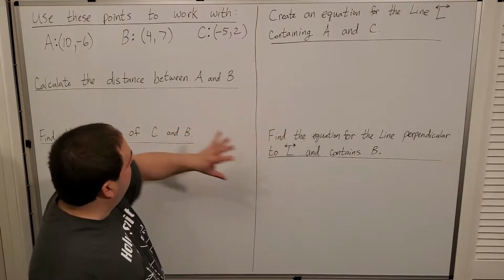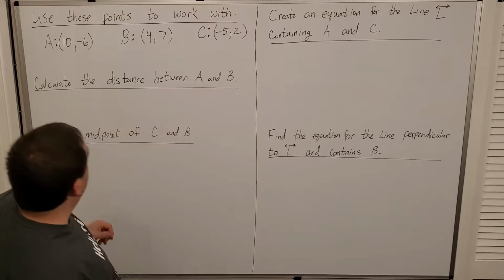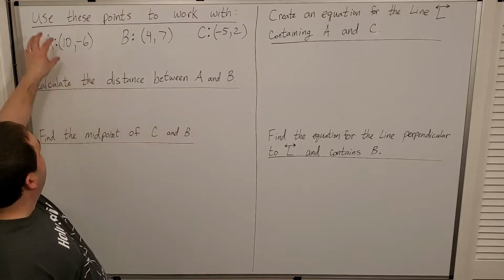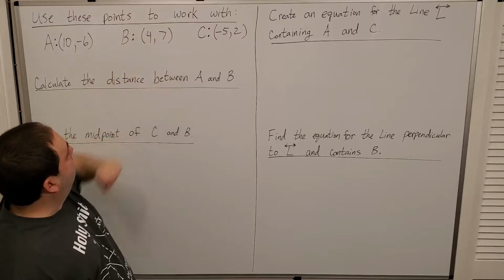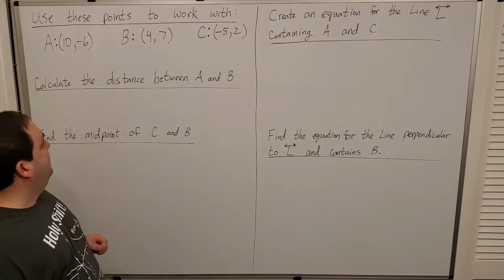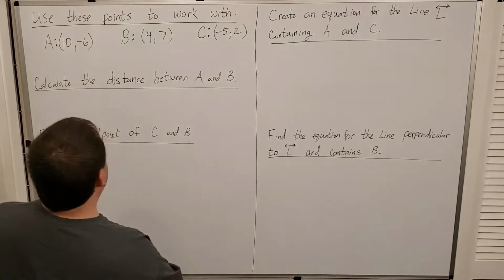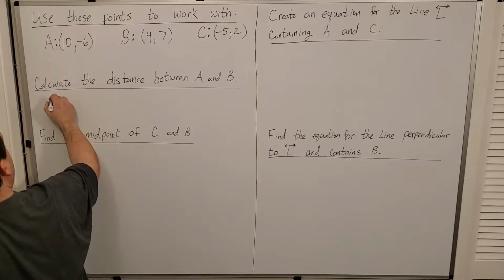Okay, so here, same thing. I'm going to be building from left to right here, starting with here. Calculate the distance between points A and B. Here's point A, and here's point B. Okay? We're supposed to be calculating the distance between them. So I'm going to use the distance formula between 2 points. Right? So distance